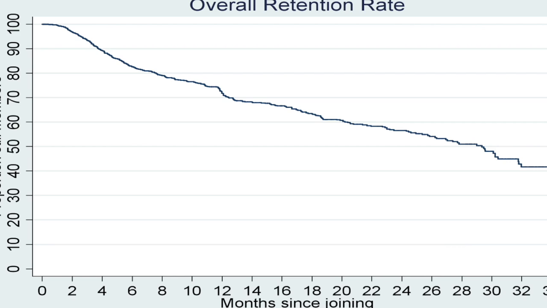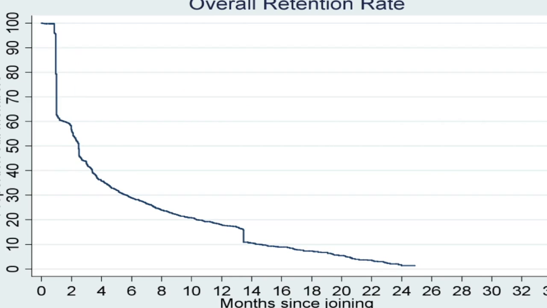Now, when we measure retention, we're measuring this length of time between when they started, which would be 0, and when they quit. And the line just represents when they quit. Now, what you can see, hopefully, in this graph is really poor retention. This is an operator that I've worked with in the past, and I could see really early on that they had a problem with their retention when I looked at their data.